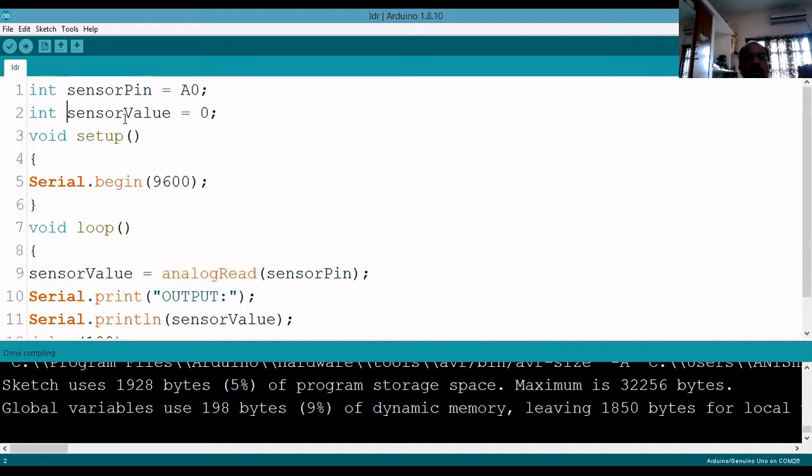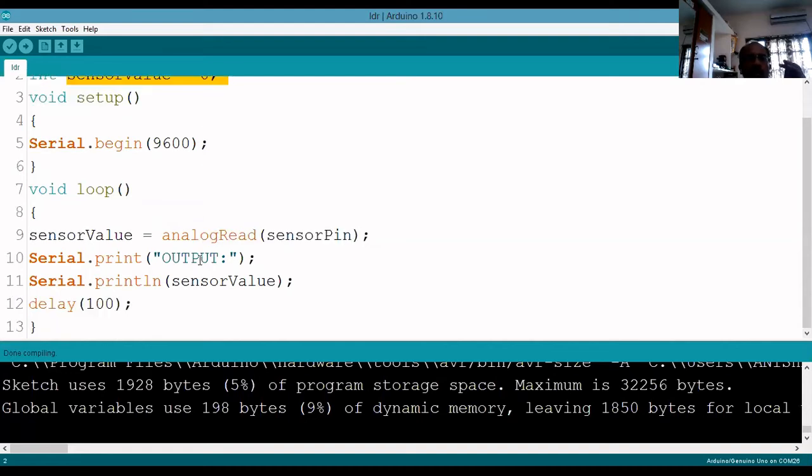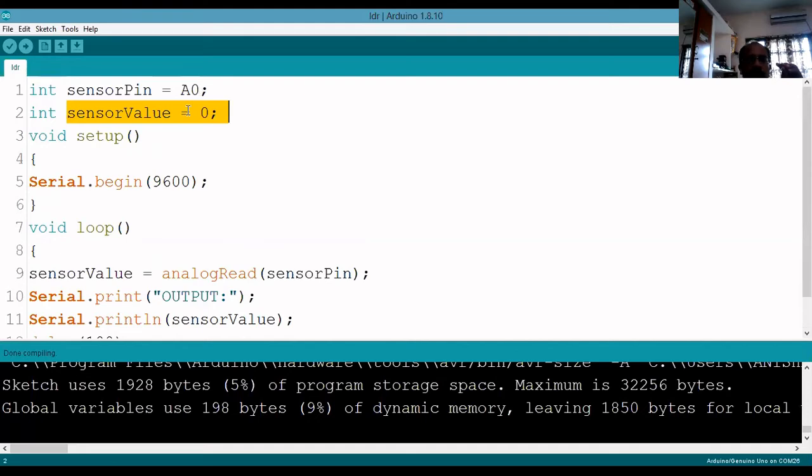See here, initially I have stored the value as 0. Now it will read the value from the A0 pin and store the value in the sensor value. There are two variables. Sensor value is one variable. Sensor pin is another variable.